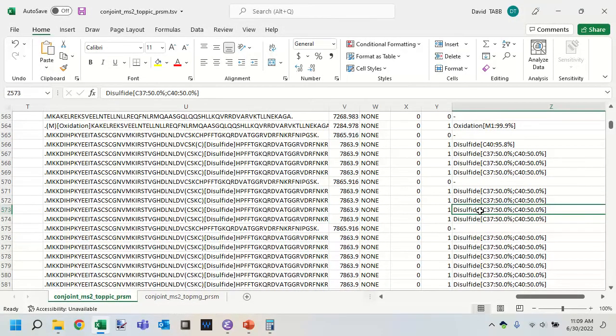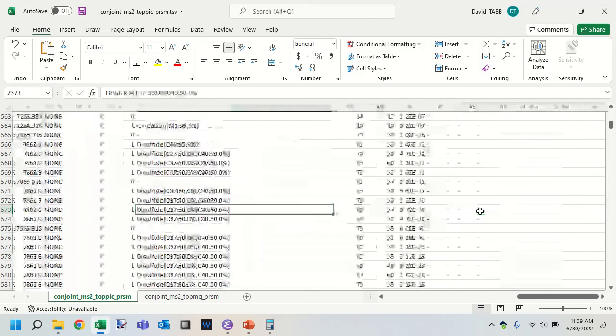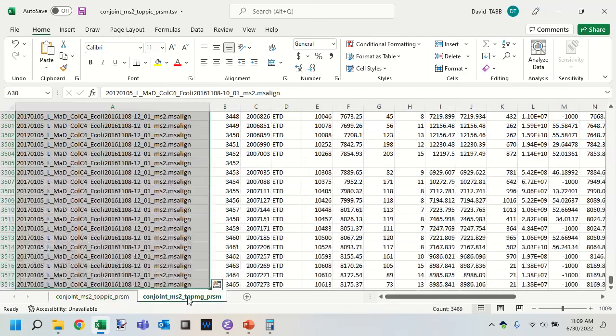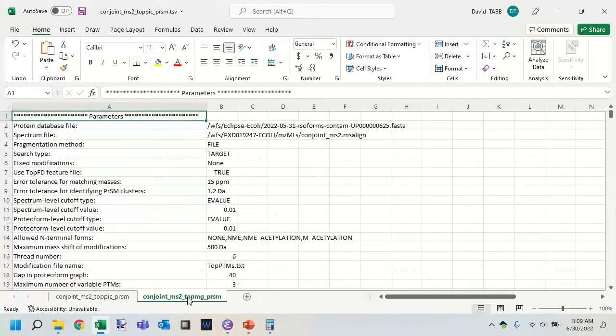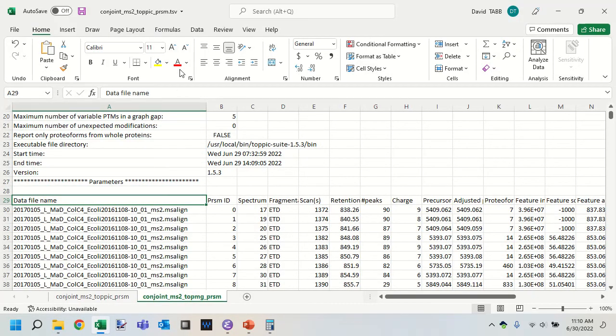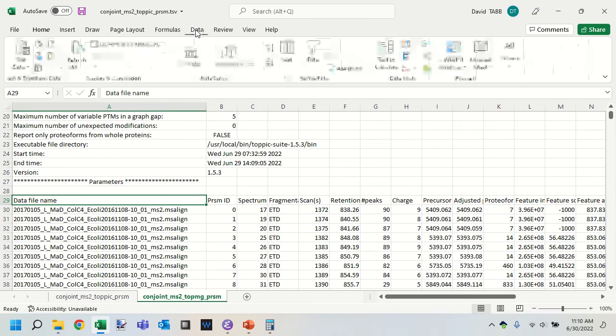Okay, so yes, you can find multiply modified proteoforms with TopPIC, but there is no -S3 option. You can't look for 3 regions of mismatch and thus 3 modifications all within the same search. That's really what TopMG is for. Now, remember we had a bit lower identification sensitivity, but roughly equivalent sensitivity when we left out the